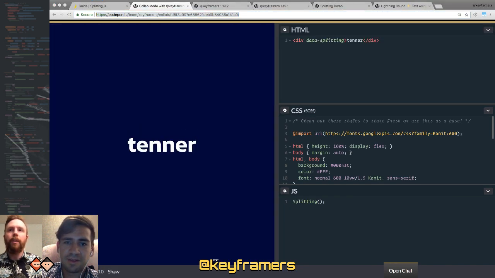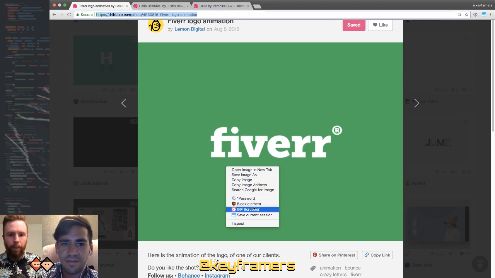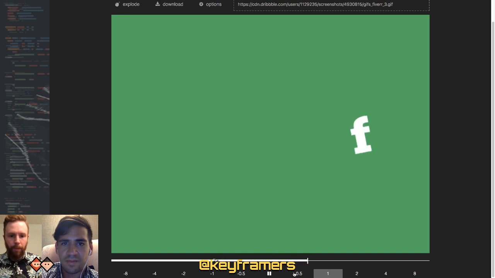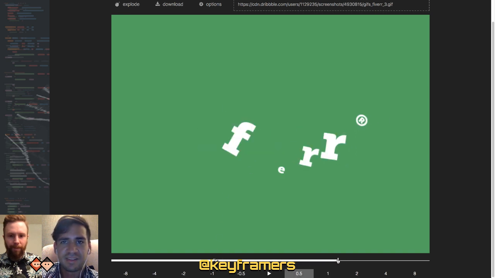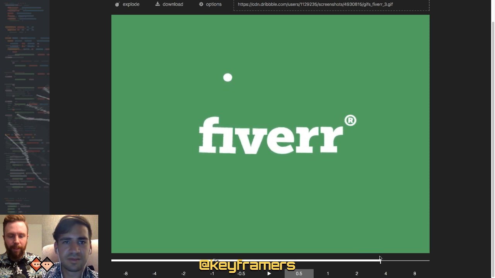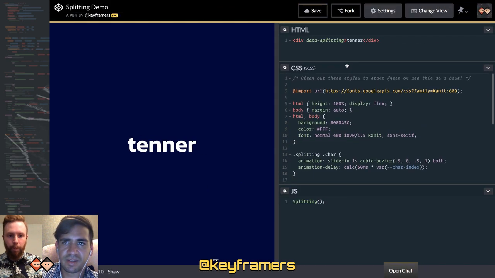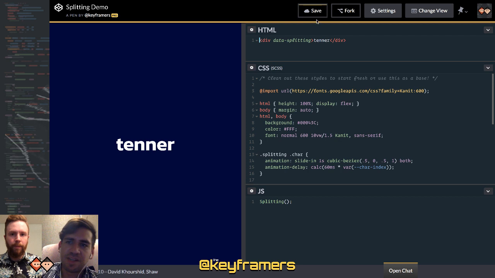Let me break it down for just a moment. I'm sending you a collab link here. Open that up in GIF Scrubber so we get some timer. Yeah, that rotation's easy enough. But we had to have the transform on one element and the rotate on another. The translate and rotate are going to be two separate things.